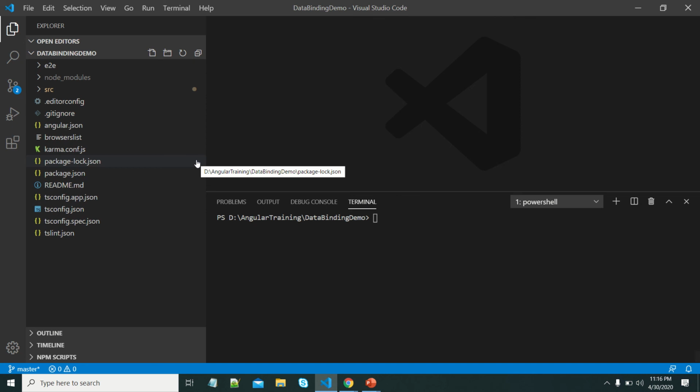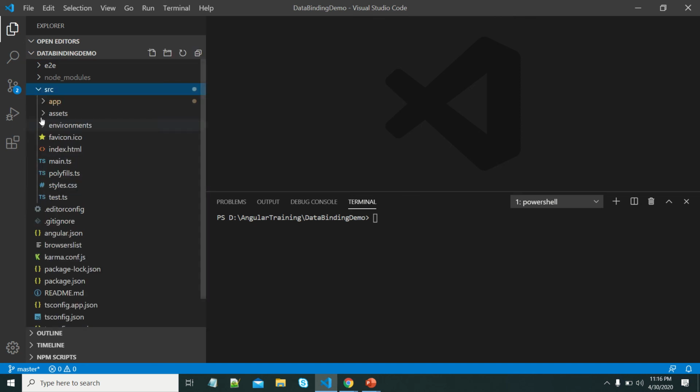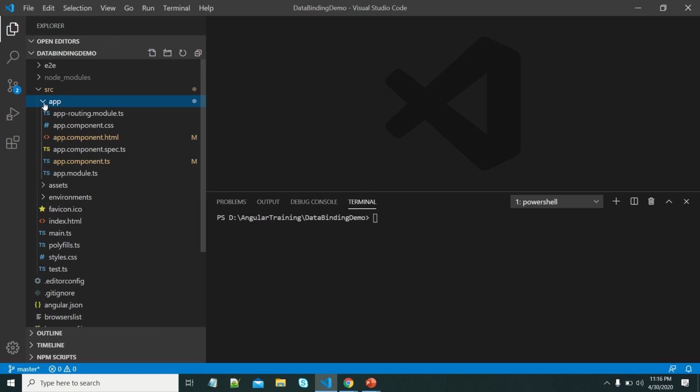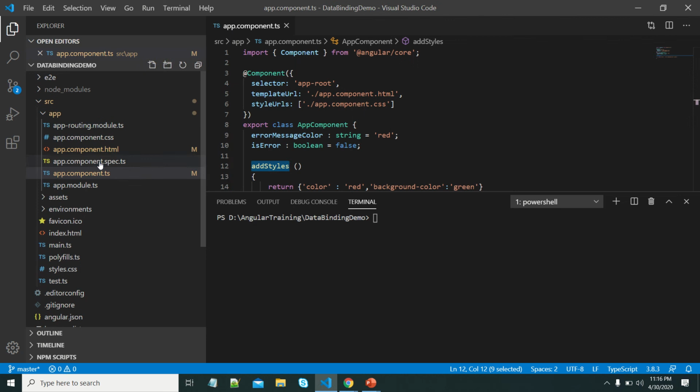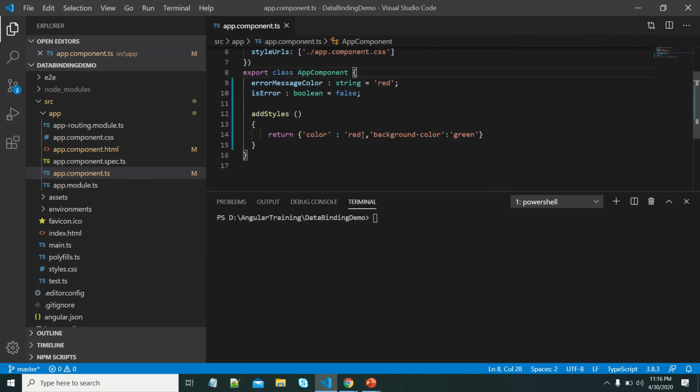Yeah, this is a simple program which was created by using the Angular CLI. Let us open app. These are the files which were created automatically. Let me try to remove all these things.